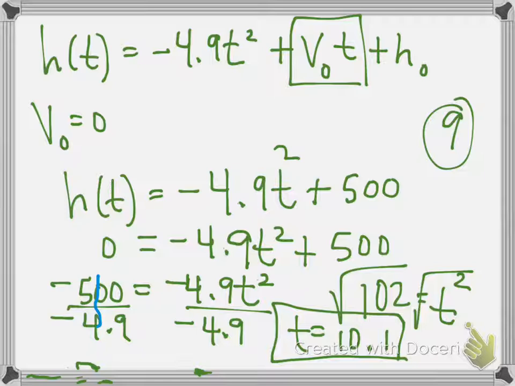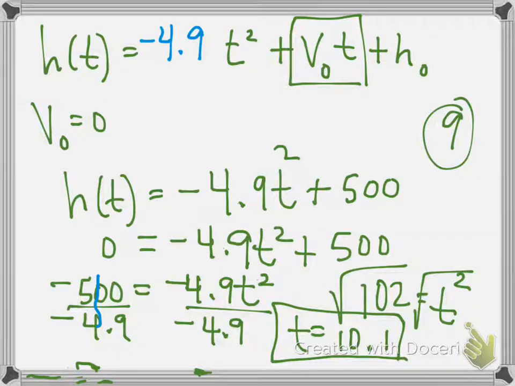This is a problem we did in class. It's number 9. This formula is in meters. That's why the negative 4.9, that is the formula you follow when it's in meters. For gravity, negative 4.9 is the coefficient for gravity. All right, so